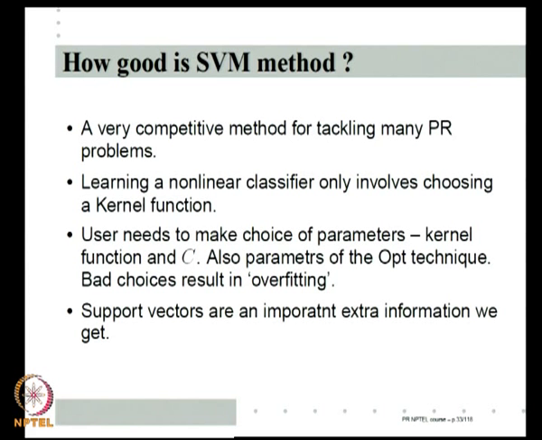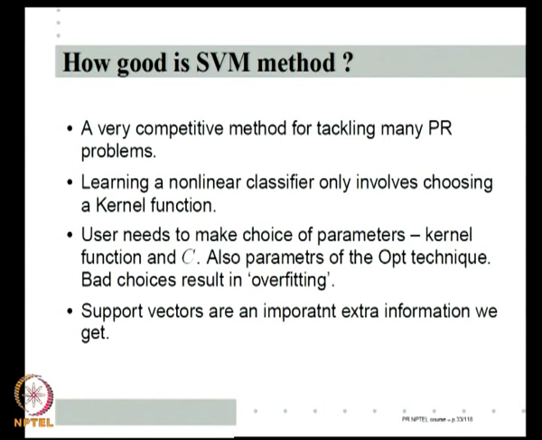The second very interesting thing about SVMs is the support vectors. The support vectors are the training data which are closest to the class boundary, and closest to the optimal separating hyperplane. Of course, this hyperplane is in a high dimensional space; they are essentially closest to the class boundary in the original space. So, these themselves are a very important piece of extra information that the support vector method gives me, because if I know that these are the patterns that are closest to the boundary, in some sense I know these are the hardest samples to learn to classify.